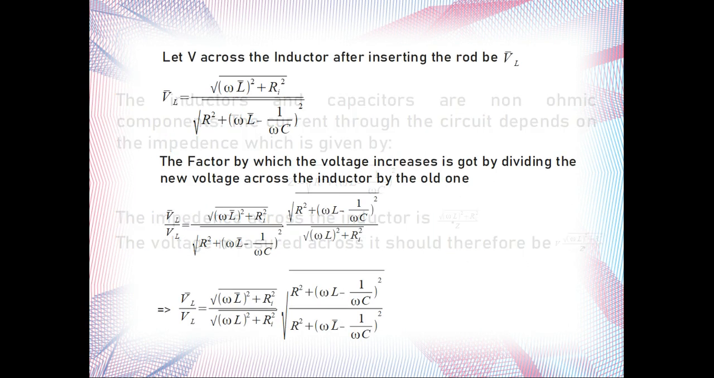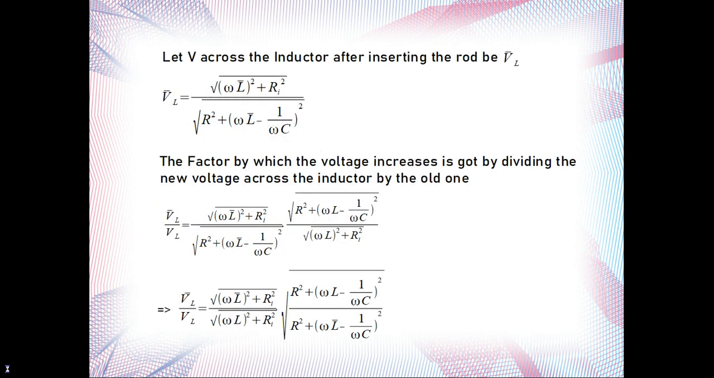Now, when we insert the rod into it, the inductance value will change. So, the new voltage across it would just be found using the same formula, but replacing the L's with the L bars as the new inductance. Now, to find the factor by which the voltage increases, I just divided V bar by V_L bar by V_L, and by solving the basic equation, we just found